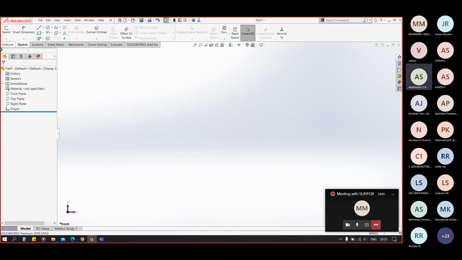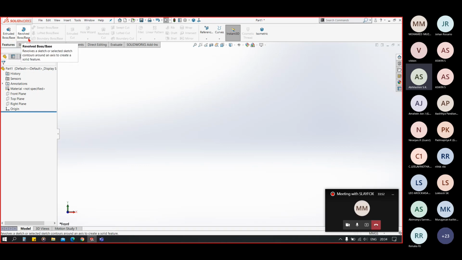Now in 3D, in the features tab, we have our material adding functions as extruded boss, revolved boss, swept boss, lofted boss, and boundary boss. And we have our next tab of material removing functions.